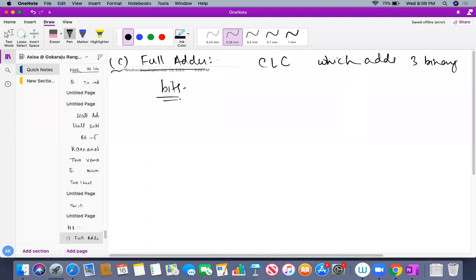Okay. What is half adder? We have told half adder is a combination logic circuit which adds only 2 binary bits. So there are only 2 bits as input, A and B. Here our inputs will be what? What is the first step to design a combination logic circuit? In order to find out the number of inputs and outputs required for that particular digital circuit. So I am designing a full adder. Full adder also can be written as FA.